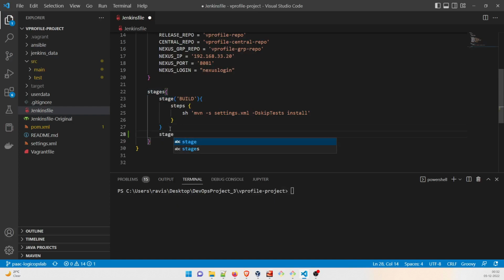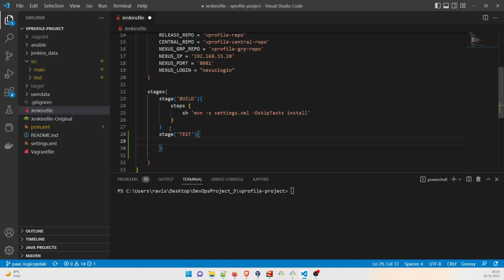I'll take another stage. This stage would be of testing. Okay, so I'll just give test over here. If you want to fast forward the video, you can fast forward the video as well, that's not an issue. Or you want to see this in 1.25 or 1.5 speed, that's also okay. Okay, perfect. So this should be the stage,